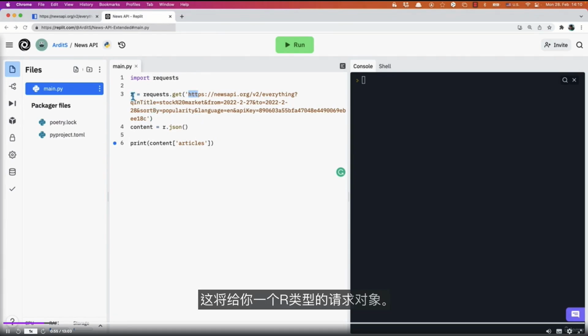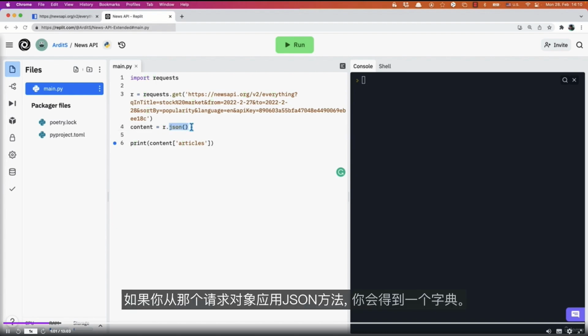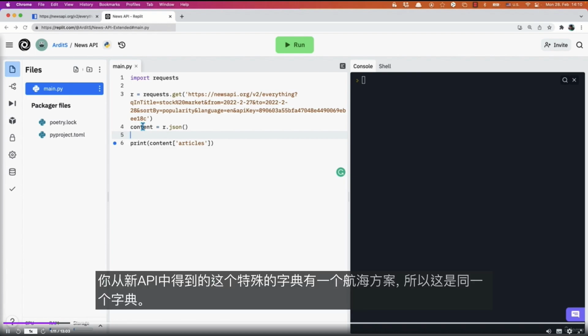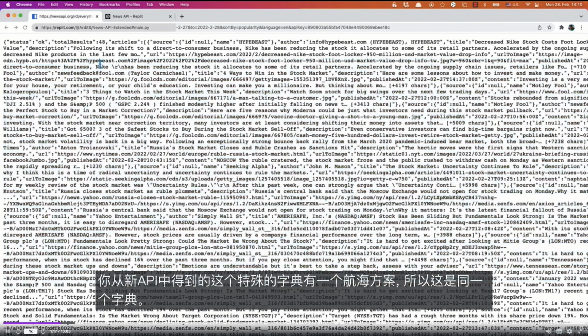So that will give you an r, sort of a request object. And if you apply the json method from that request object, you will get a dictionary. So a dictionary is made of keys and values. This particular dictionary that you get from the news API has an articles key. So that's the same dictionary.